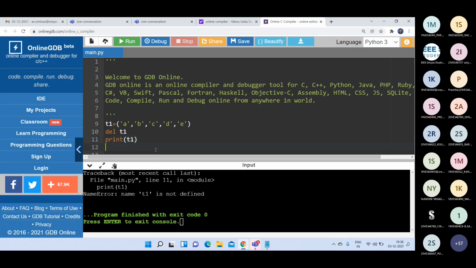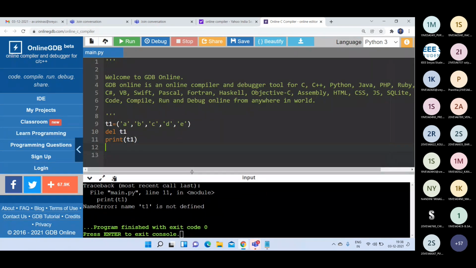So it is deleted permanently. It is possible to delete the entire tuple using the del operation, but it is not possible to delete any element from the tuple because tuples are immutable objects.